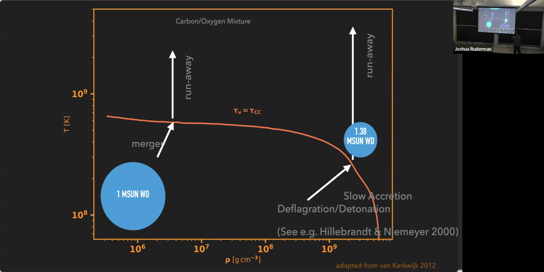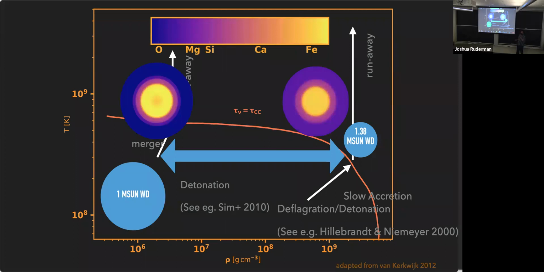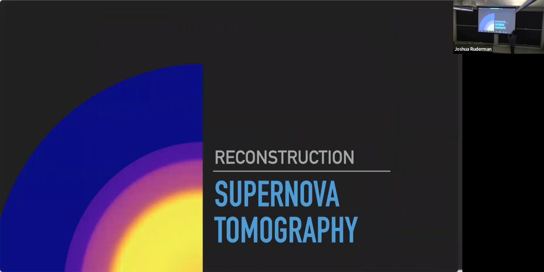And we have a 1 solar mass white dwarf on the other hand, and the interesting thing is it's unclear how to ignite this. There are scenarios now, but there didn't used to be. This was a much clearer case. But if you take this thing and just detonate it, you get something that looks like a 1A. People were fascinated with this, around 2010 or so. Multiple people have done this and said that if you detonate a 1 solar mass white dwarf, it looks like a 1A. They make the same amount of nickel-56, otherwise they would have been ruled out as models. One of the differences between them is the stratification.